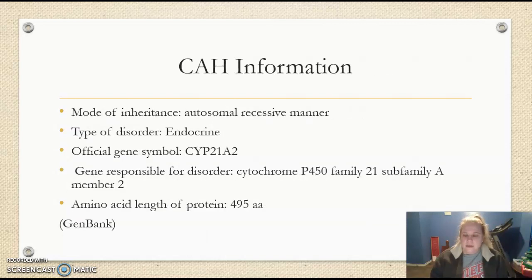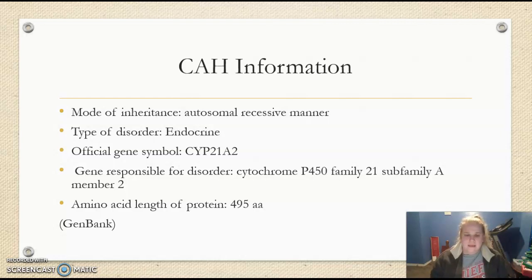A little bit of information on CAH. A lot of this was found in the GeneBank that we used for one of our projects. The mode of inheritance is autosomal recessive, so that is a recessive condition. Type of disorder, endocrine. The gene symbol is